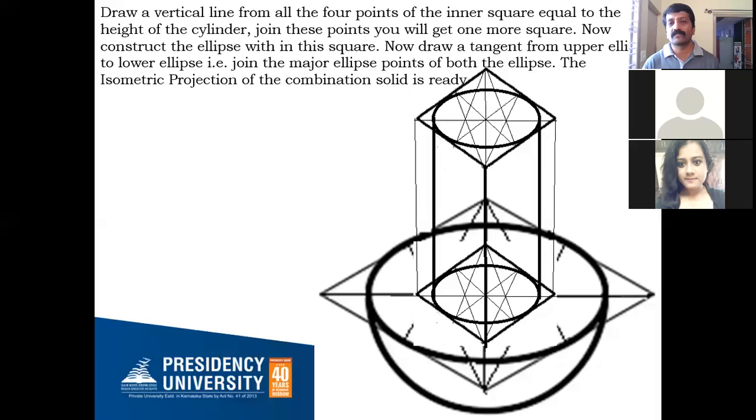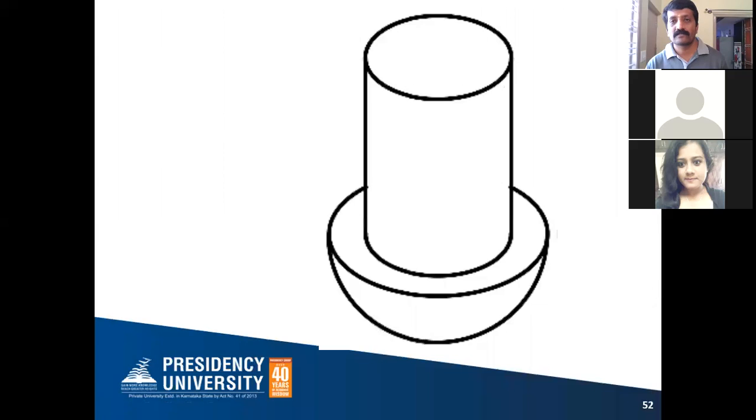At the end, after completion of this, this portion is your cylinder, and this is your hemisphere. After this, all the construction lines, any other hidden edges, everything you need to erase at the end, and after doing it you're going to get it like this. You can see the hemisphere, above that a cylinder. The base half you cannot see, so that is erased. And the top face of your cylinder you can see. So this is how the hemisphere above the cylinder looks once you complete the drawing.